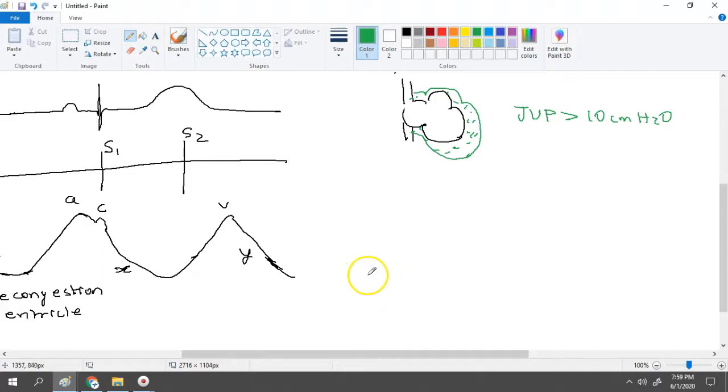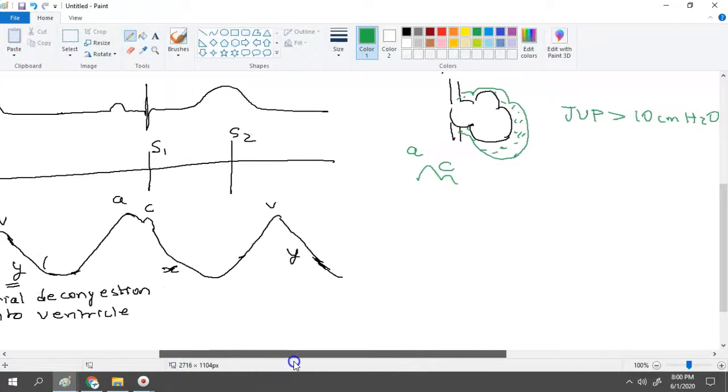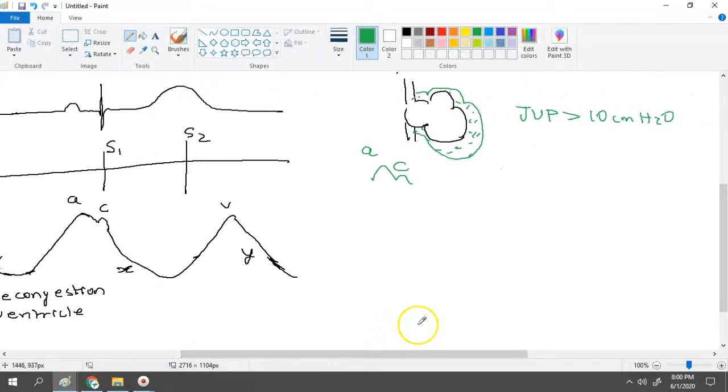The second thing that you are going to see is that it would look something like this, right? Your A wave and C wave. So if this is the normal A wave and C wave, in a patient who is having cardiac tamponade, this is going to be the A and C. So you can pretty much compare that the A and C are both elevated. Both the A and C are elevated in cardiac tamponade. Now remember carefully what is the X descent and the Y descent. So here is the X descent, it is atrial relaxation. When the atria relaxes, okay,